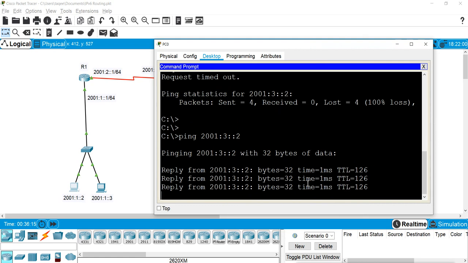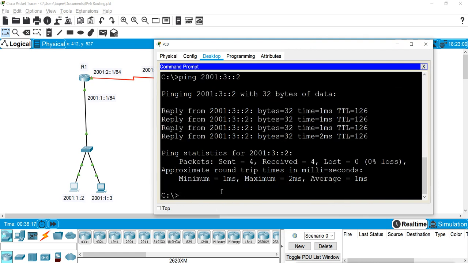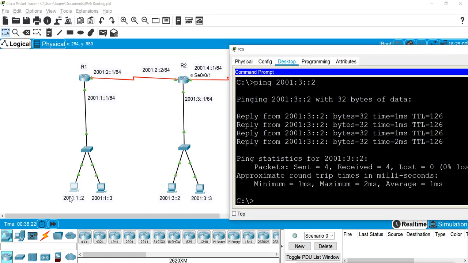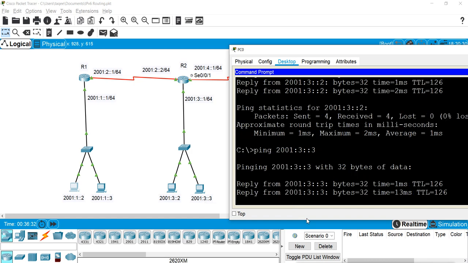And now you can see it is giving a reply. So it is pinging from this machine to this machine, and I can ping this machine also, this IP also, and it is also giving a reply.